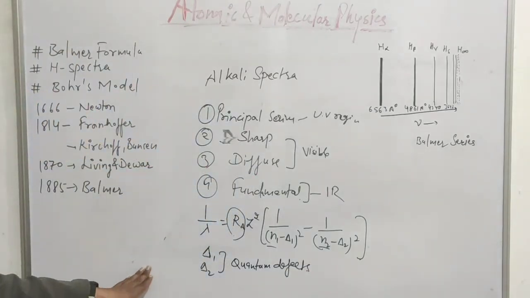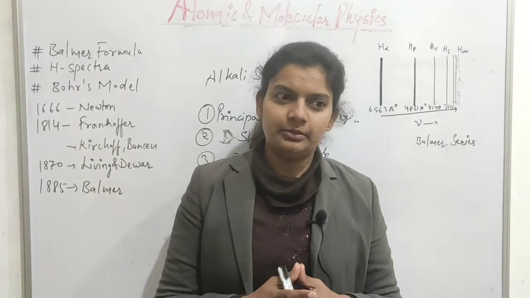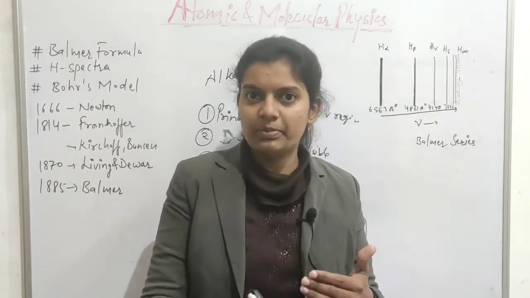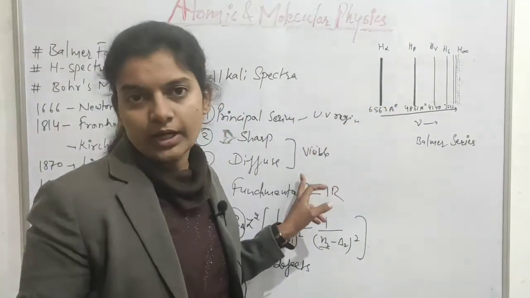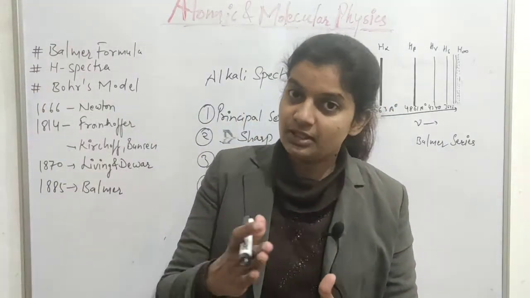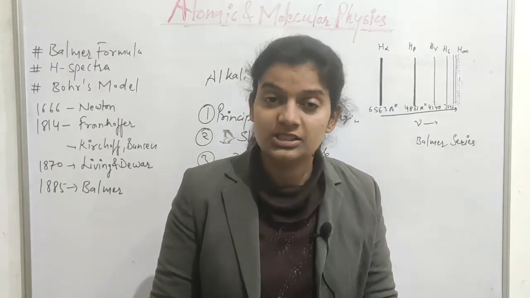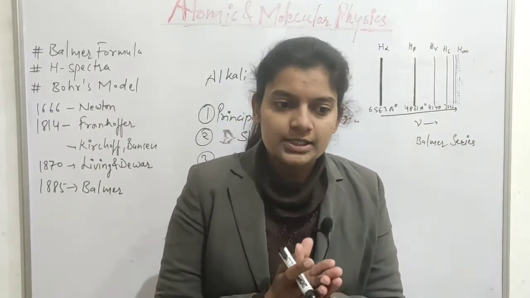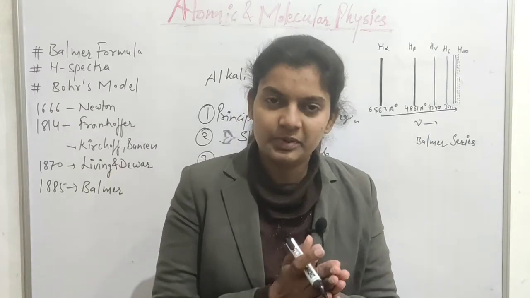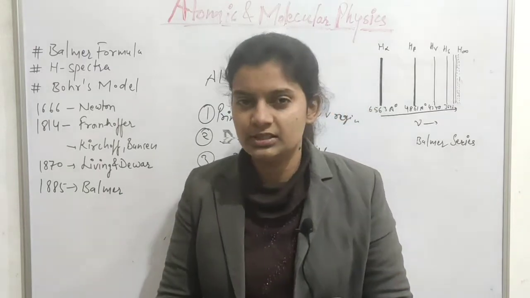So this formula was given by Rydberg for alkali spectra. Next, if we move towards the middle of the periodic table, then the spectra becomes more complex in comparison to the spectra of hydrogen atom. As we proceed towards the middle of the periodic table, the spectra becomes more and more complex. Despite this, there were some regularities in the spectra, and those regularities were studied by Ritz and Rydberg. That will come in our subsequent lectures, known as the Rydberg-Ritz principle.